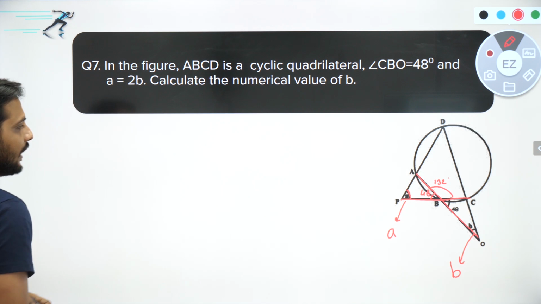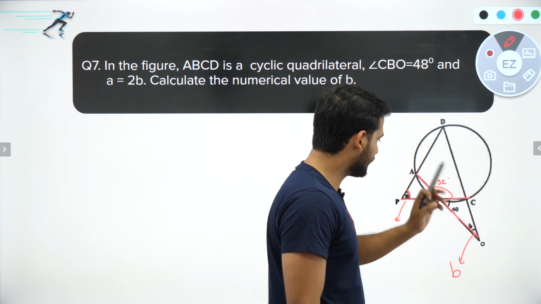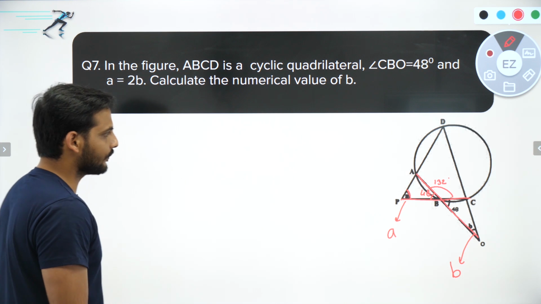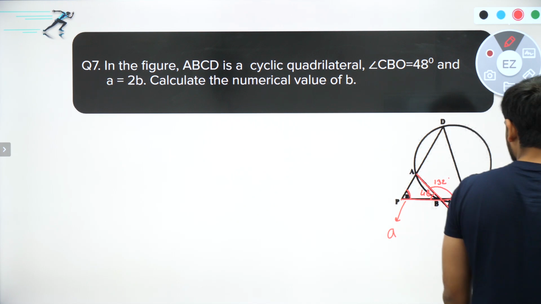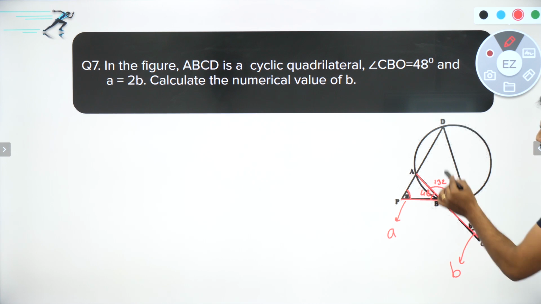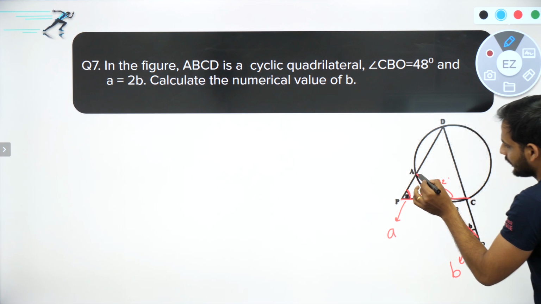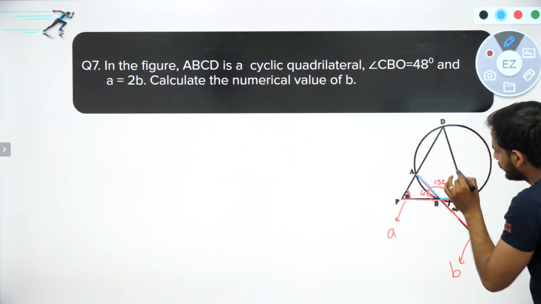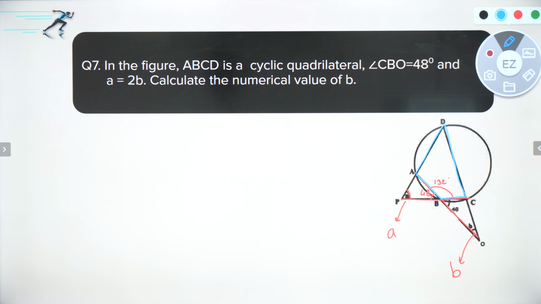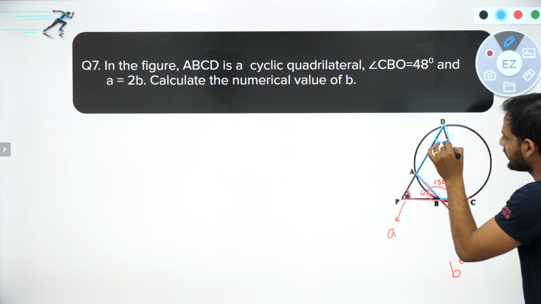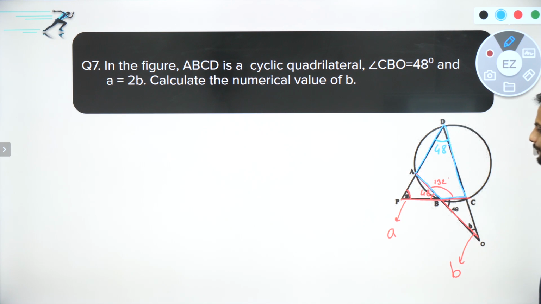Yes, correct. Now, that is your angle A and here is your angle B. So now, what we can do further is, if this is 132 degrees, bachcho, I can say ABCD, look here properly, ABCD is a cyclic quadrilateral. Correct? So if it is 132 degrees, it is 180 minus 132, which is 48 degrees. Correct? Right? Now let us talk about, you want to create an equation in B. Right? So what we can do here is,